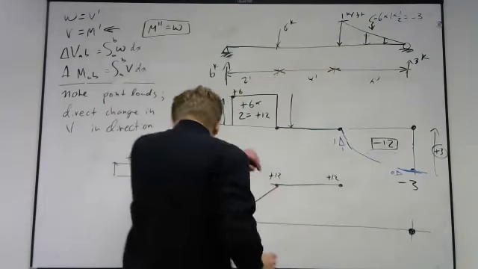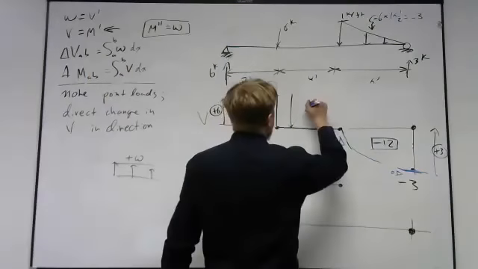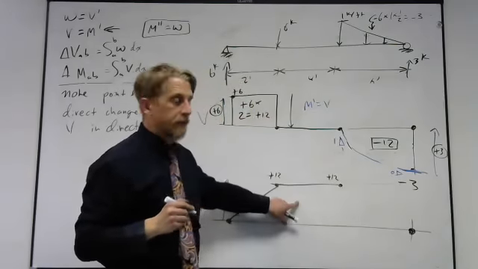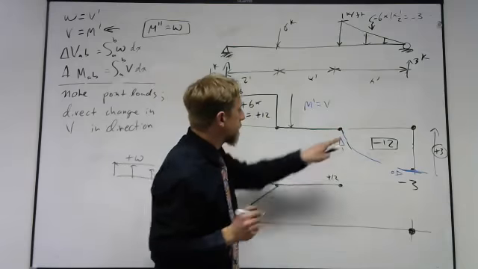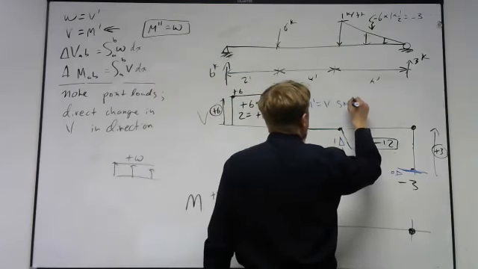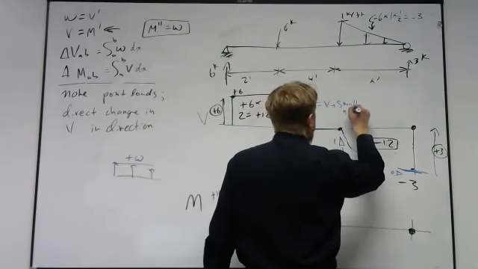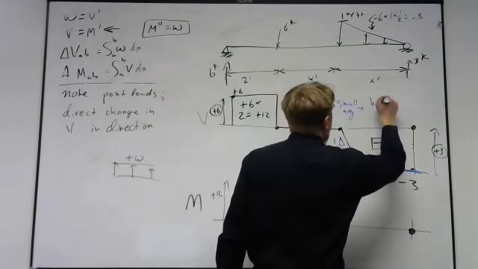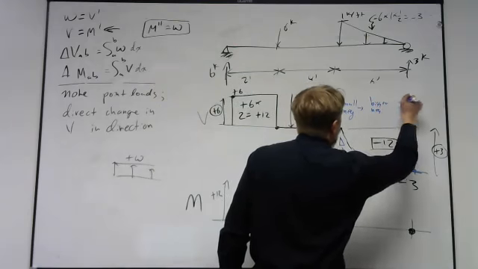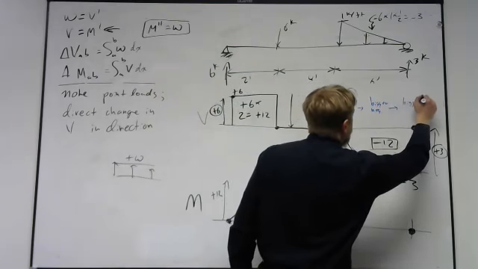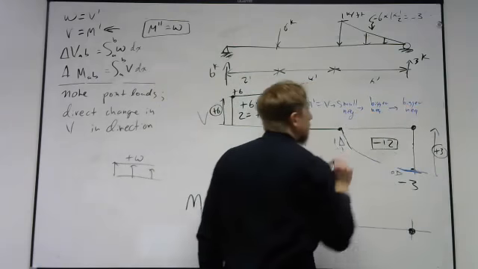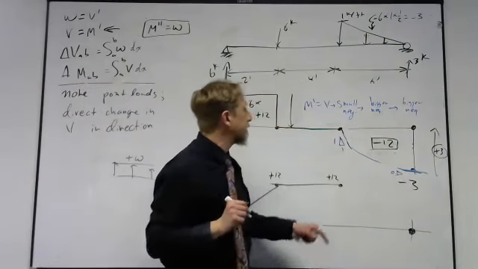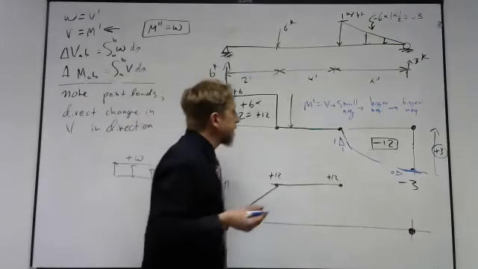M prime is V. So here V is 0, that's why the slope is 0 here. But now it's a small negative. Bigger negative, bigger negative. I'm looking at the value of V: small negative, bigger negative, biggest negative, I guess,